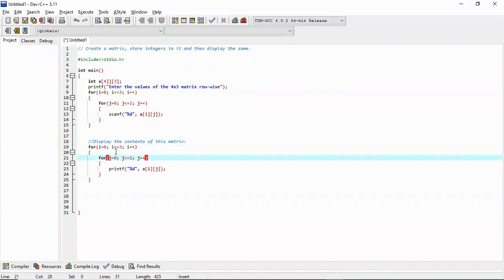We can easily see that when this loop starts to run, what will happen? The first value of I will be 0 and the first value of j will also be 0. So that means A00, the first element will be printed. Next time, this inner loop will convert the value of j to 1. So it will become A01. Next,